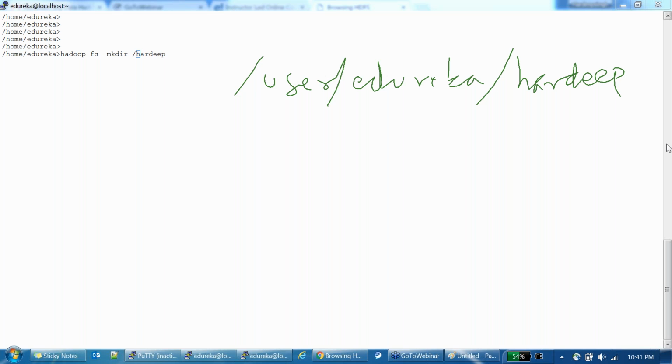When I say root location, it would be created parallel to this user. So I would be having the user folder, and parallel to this, I'll be having the Hardeep folder. Now, what do you think? Is it a complete path or a relative path? If I'm creating this folder Hardeep without a slash, it's a relative path, right? What should be the complete path? It would be /user